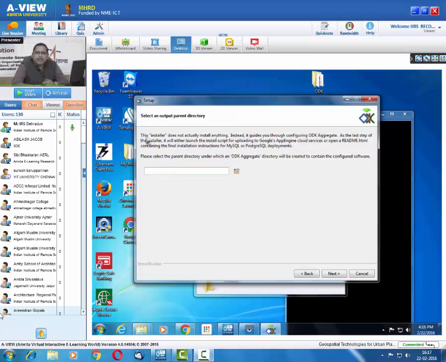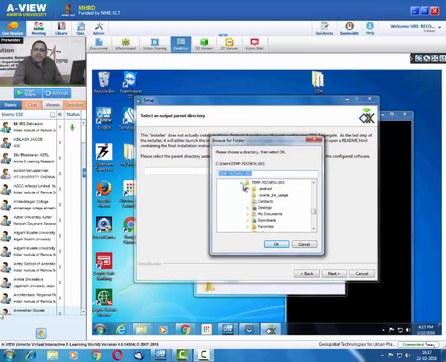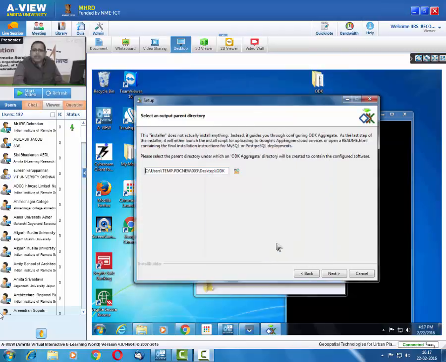folder. So here you can see this installer does not actually install anything in your computer. Instead it guides you through the configuration of ODK aggregate. Basically it is not going to install anything in your computer. It is going to create some installation or configuration file. So I will create it in my desktop. Let me go to the desktop now in my computer. So here you can see in the desktop ODK folder is here. So I just have given the location of my